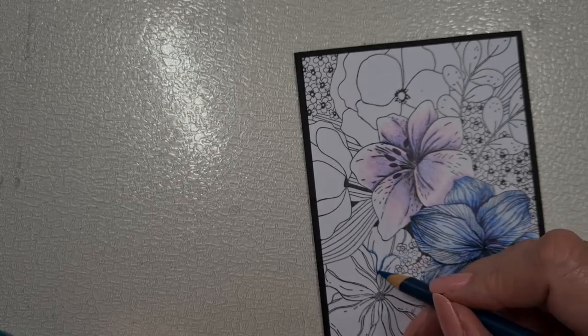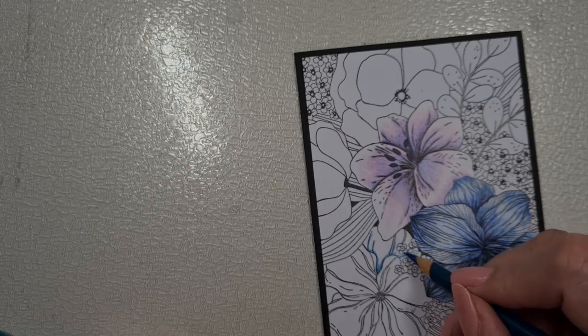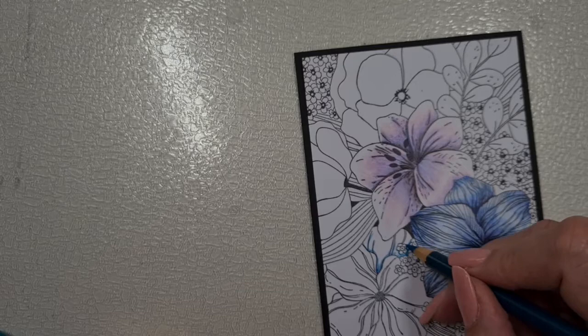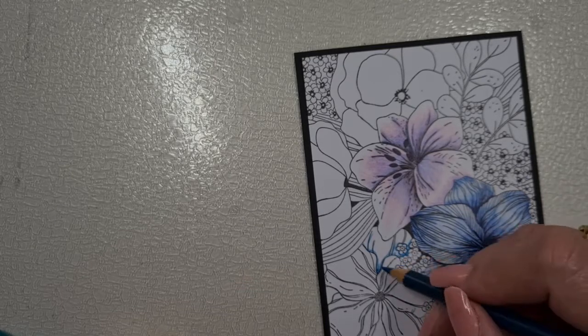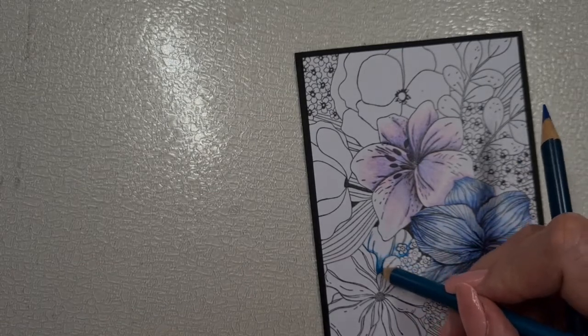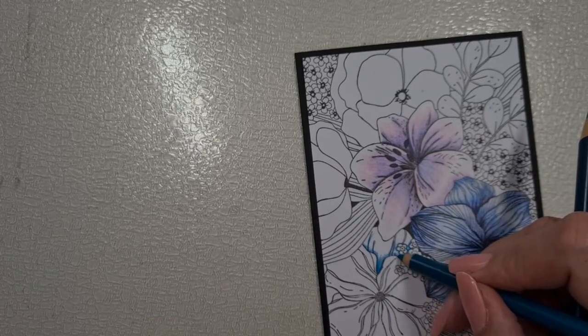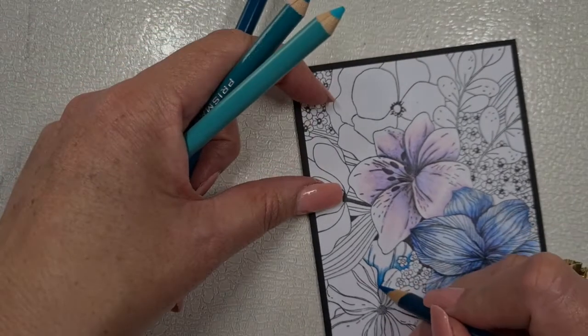Working with our darkest colour in the centre of the flower, and also giving it a couple of lines. This particular flower has a few lines that they've already drawn in, so we're going to put some colour down just to give it a little bit of definition. That's just a little bit of interest, you know what I mean? But anyway,